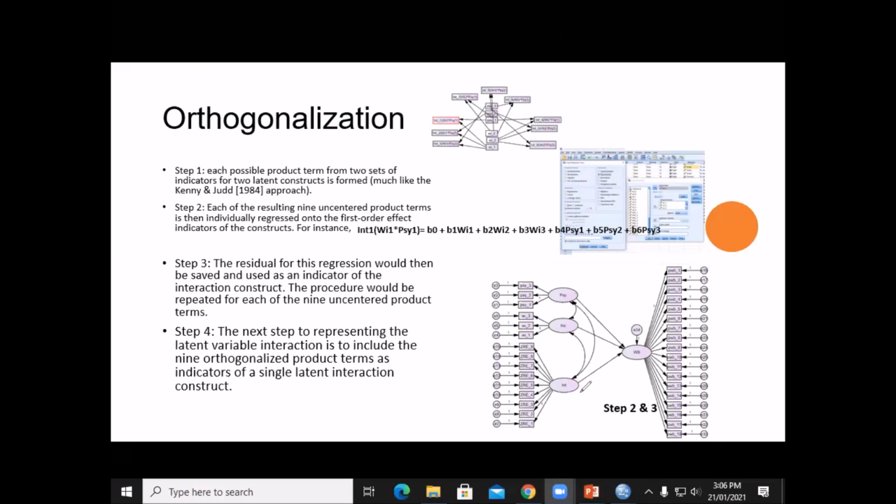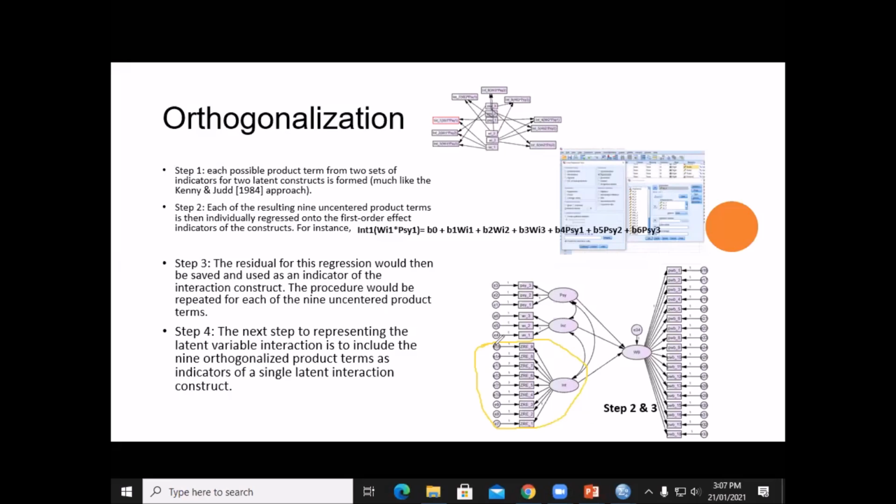So we create the interaction term through different procedures. In SPSS, in the stepwise hierarchical regression model, we simply multiplied the singular mean computed values of the independent and the moderating variable. We standardized them and multiplied them together, and this is how we obtained the interaction term. In the product indicator approach, we obtained the interaction term by multiplying the standardized values of all of the indicators of the latent variables